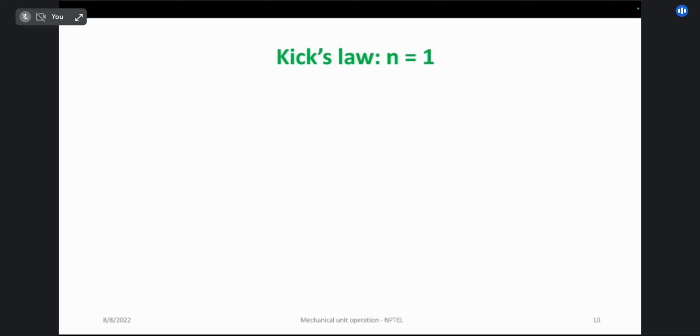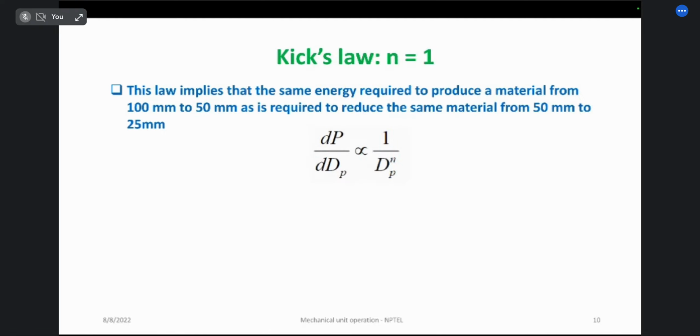Now another law is Kick's law, where n is equal to 1. Mostly this law is used for coarse grinding, when you are going for crushing. Here, as n equal to 1, it is a logarithmic function. In this, the same energy is required to reduce from 100 mm to 50 mm, which is the half, and the same energy is required for the half again, 50 to 25. This is also not the actual case, but when we are doing coarse crushing, it will be useful. Now the equation you can directly solve: P by m dot equal to Kk